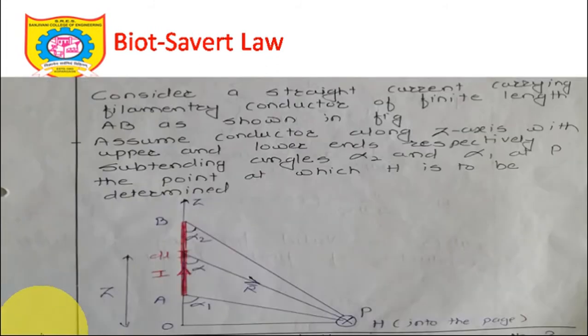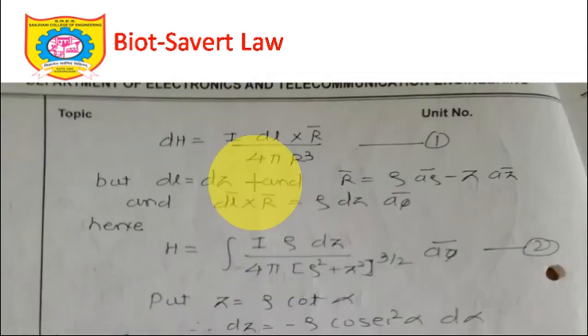Since this line current distribution is along the z axis, dl is along dz. dl is along the z axis, so I can replace this L as z. If I have this current carrying element along the x axis, I can take dl equal to dx. If it is along the y axis, I can take dl equal to dy, but right now it is along dz, so that's why dl equal to dz. Perfectly okay. And r bar is equal to, now let's calculate this.